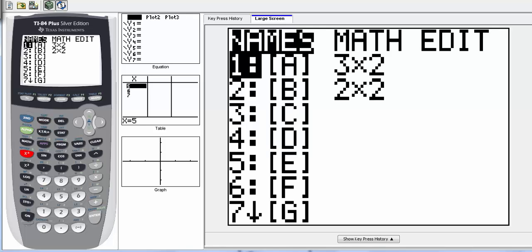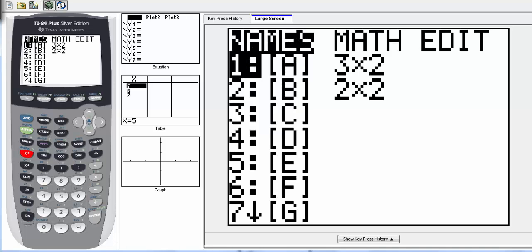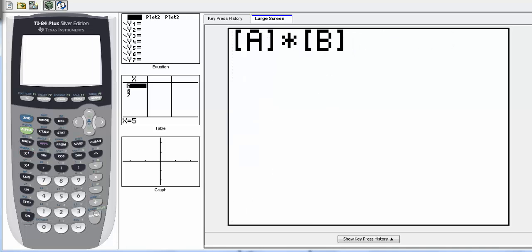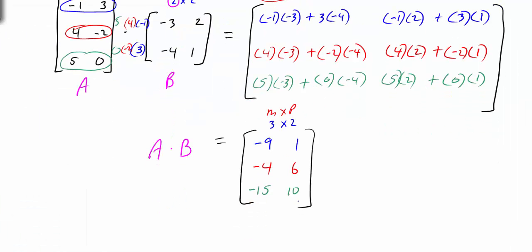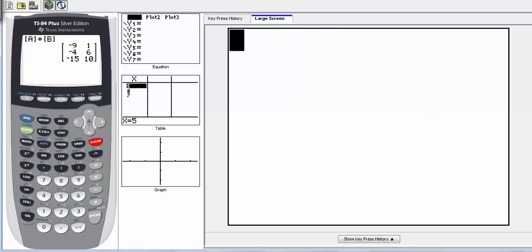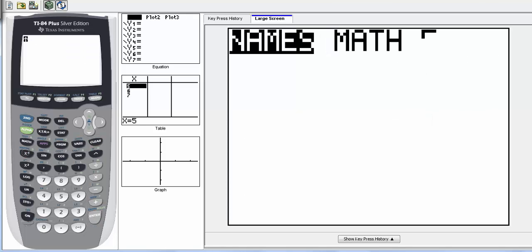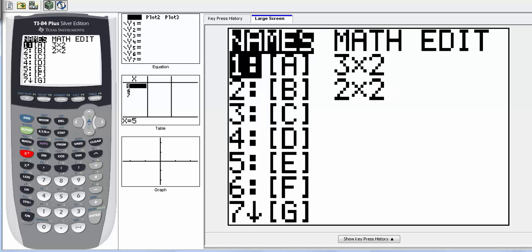And then I'm going to go back into the matrix. I'm going to select matrix A, which is 1, and we're going to multiply that by matrix B. So go back into the matrix and select 2, which is matrix B, and we hit equals, and we get negative 9, 1, negative 4, 6, negative 15, 10, which is exactly what we had here when we did this by hand. Now, what happens, let me clear the screen, if I go into second matrix, select B, times, go in, select A,